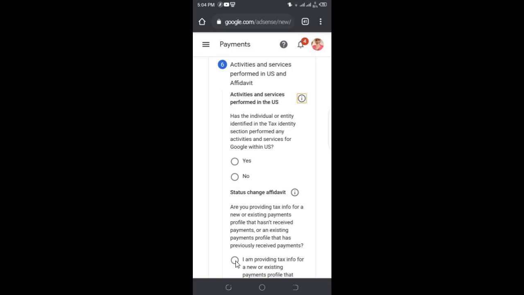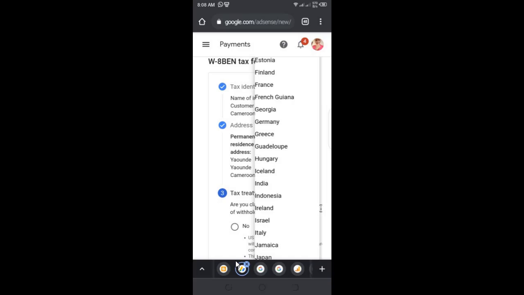There will be two options: existing or new that has received payment before, and the second, new that has never received payment before. If you've received payment before from Google AdSense, you choose: I have received a payment before with the new or existing AdSense account. And if you've never received payments from Google before, then you select: No, I've never received payments before.